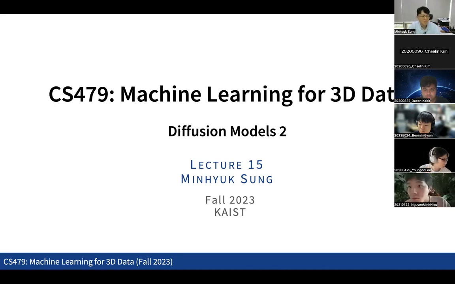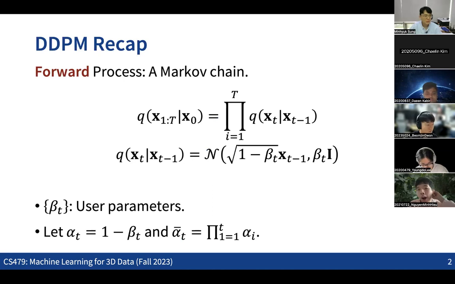So we are discussing the basic ideas about the diffusion models, and let's briefly recap the things that we discussed the last time. Basically, we are discussing the idea of the DDPM, which has the forward and the reverse processes in a way that we can map the given data distribution into some kind of a target distribution or the prior distribution, which is typically the unit Gaussian. And the reverse process is doing the reverse mapping from the unit Gaussian to the data distribution in a way that we can sample lots of data from the learned data distribution.